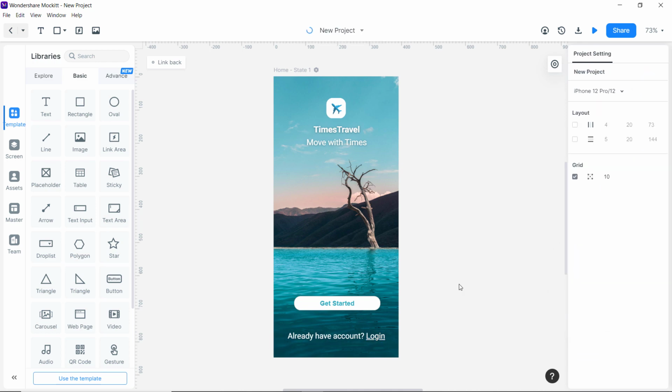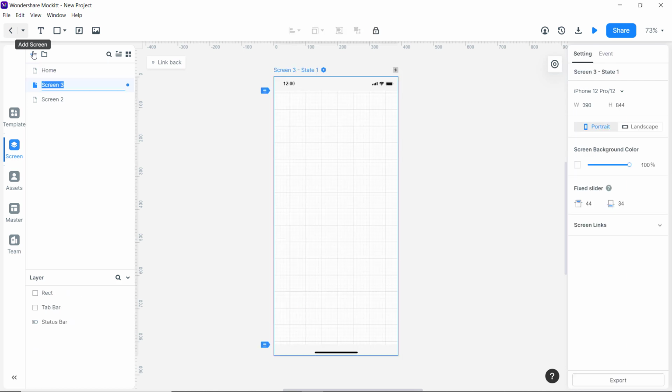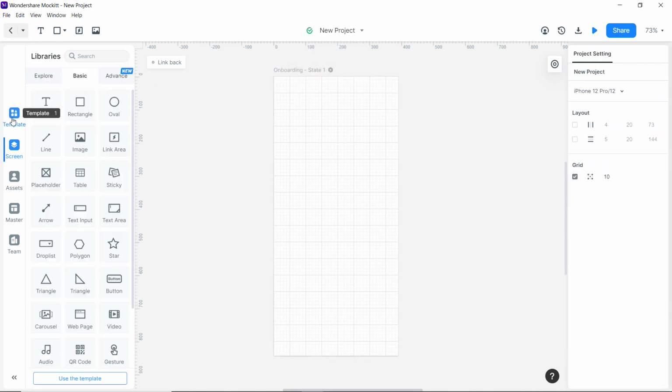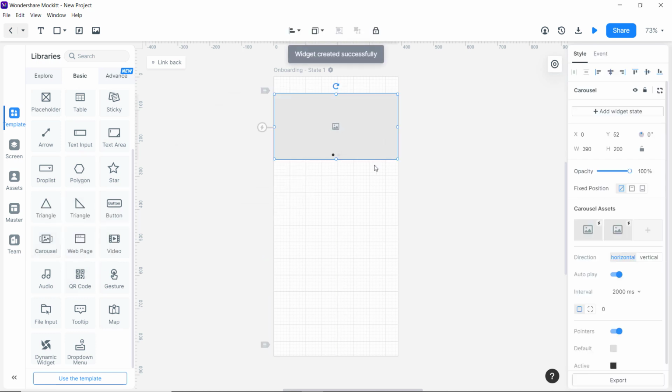Okay, so now you know how to create your page and work with components. Now let me show you how to add more pages. Click the plus button on the top left and it's done. I mean, yes, that's how you can create a new screen. Here you can simply drag the pre-built components and there are a ton of components available, so you can just choose them and drag on your design and it is completely functional.